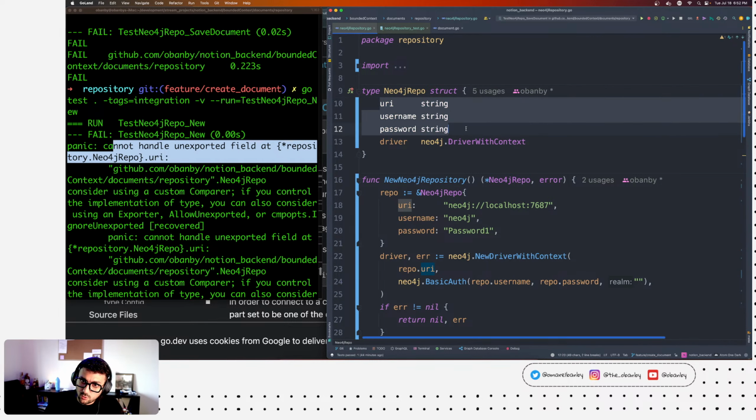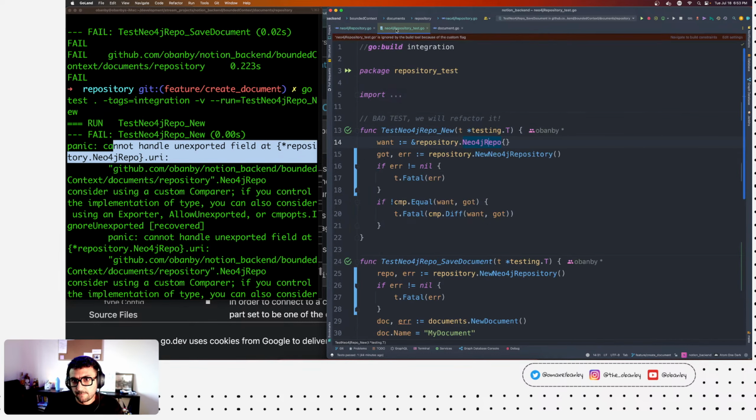And am I willing to export it for the sake of using the compare package? No. But also, is the purpose of my test to know that the new Neo4j repository returns me a valid repository, or am I trying to validate that the username and password are correct, right?